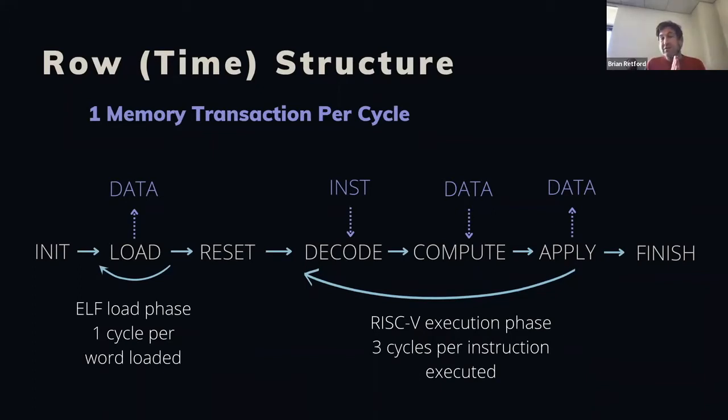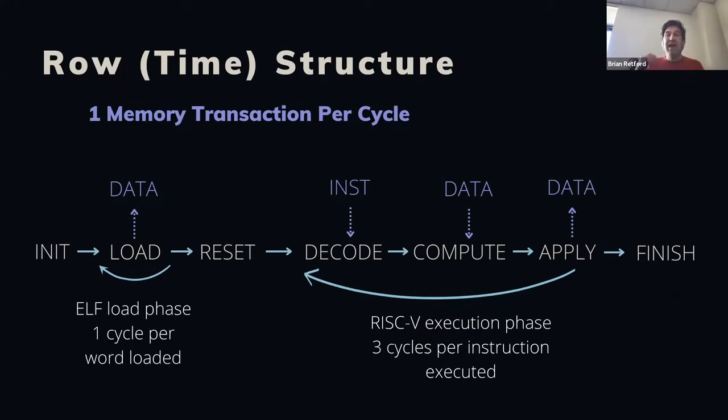So the notion here is that we divide, so STARKs are naturally divided into cycles, and there's a repetitive arithmetic circuit that relates each cycle to the previous cycle. Within the execution of a given program in our system, initially there's a special initialization cycle that resets the state. Then there's what we call the program load phase, wherein we're effectively loading the program data for the particular ELF into our emulated memory. And then we do a reset, which jumps the program counter to the beginning